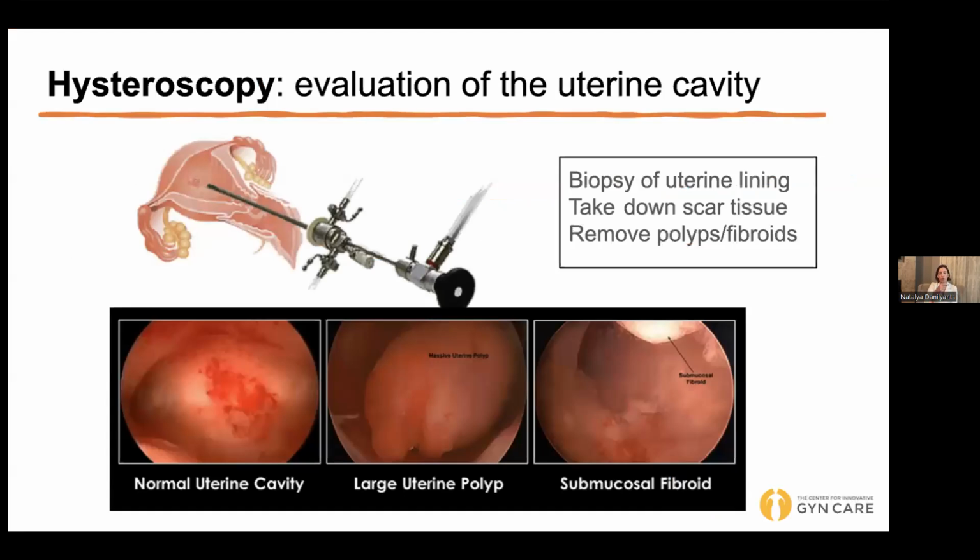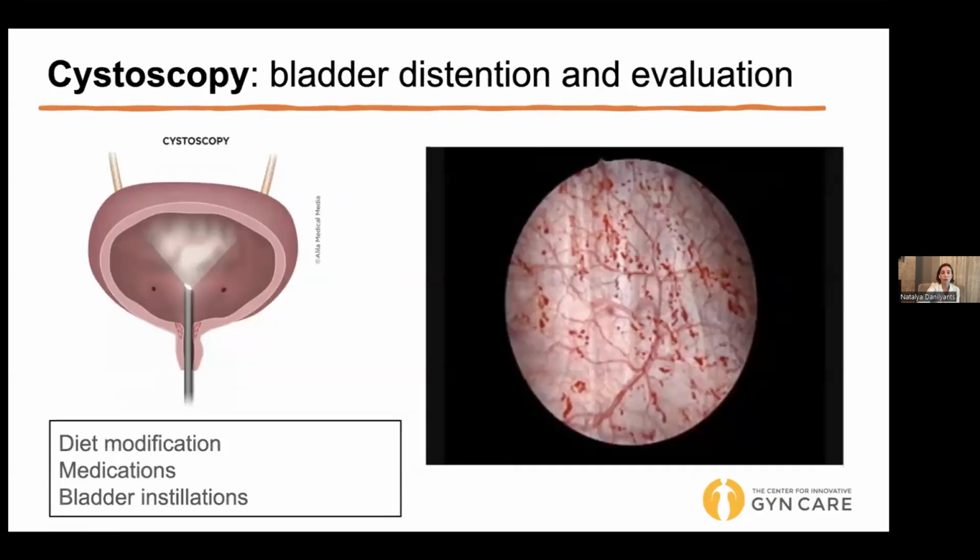I mentioned evaluation of the uterine cavity, so this is just to go a little bit further into that. So hysteroscopy typically is done at the time of the laparoscopy. So it's using that same camera approach, but now you're going inside the uterine cavity to make sure it's a normal cavity. It doesn't have any, like a small fibroid or a polyp. Fibroids and polyps typically are seen on the ultrasound, but you're just also biopsying the uterine lining to make sure that there's no issues there.